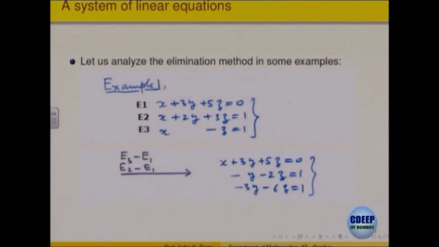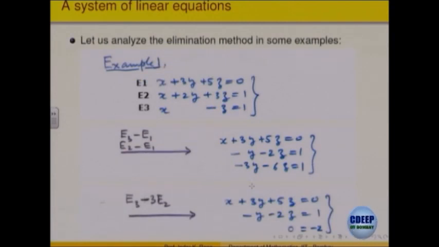So, we have eliminated the variable x. Now, from these two equations I can try to eliminate again one of the variables. So, let us do that. E3 minus 3 E2. That operation is done. So, I get a system of equations which is equivalent to the earlier one, because I have just taken linear combinations, nothing else. So, the solution of the last system should be the same as the solution of the original system.